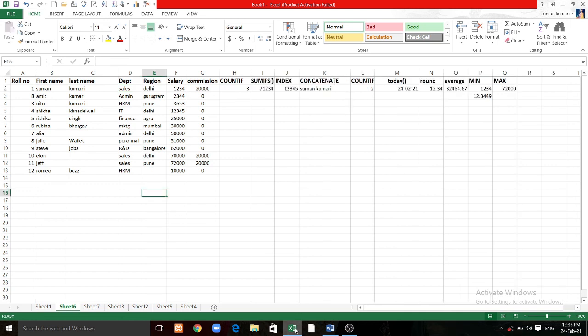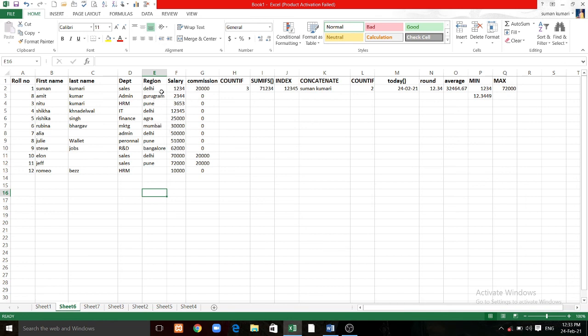So the next topic we will cover is conditional formatting. A conditional format changes the appearance of the cells on the basis of the conditions that we specify. And if the conditions are true, the cell range is formatted, and if the conditions are not true, the cell range is not formatted. Like I want to fill blue color in the cells which contain the text Delhi.